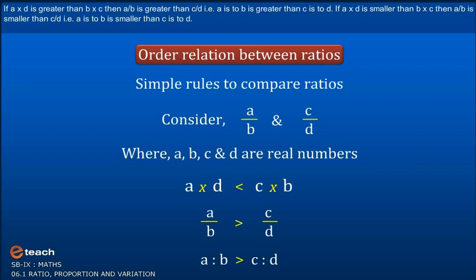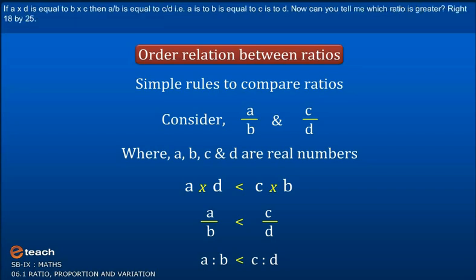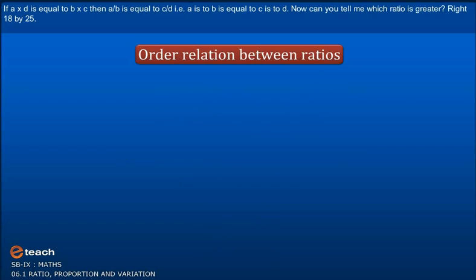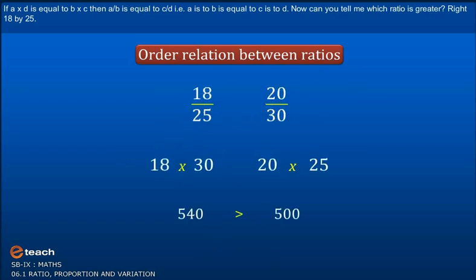If A into D is smaller than B into C, then A by B is smaller than C by D. That is, A is to B is smaller than C is to D. If A into D is equal to B into C, then A by B is equal to C by D. That is, A is to B is equal to C is to D. Now, can you tell me which ratio is greater? Right,